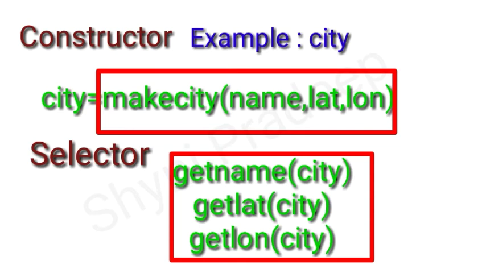The constructor function is used to create that city. But if you want to collect the information about the Chennai city, which means what is the name of that city, what is the longitude, what is the latitude, you can use the selector function, because the selector function is used to extract the information about the object. Here the object is city. So if you want to create a new city, you can use the constructor function, but if you want to collect the information about a particular city, you can use the selector function.